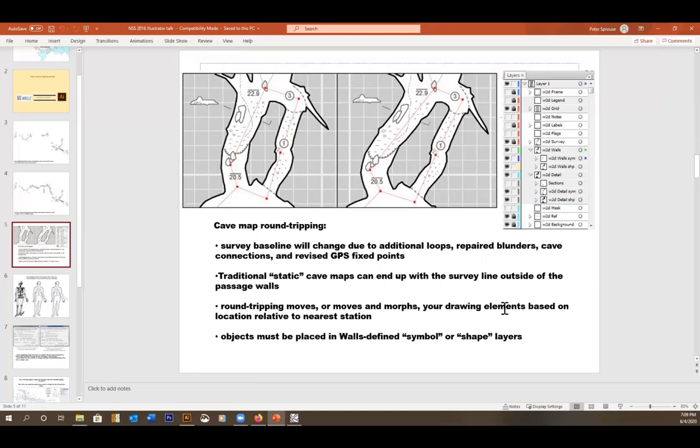In the example that we're seeing here, you can see that some of the drawn elements, like the passage walls and those breakdown blocks, moved to follow the locations of the new survey stations, and they also morphed. They changed shape. Other things, like the cross sections and the ceiling height symbols, moved, but they didn't morph. They maintained their shape. And you control what your drawn objects do in the round tripping process by utilizing